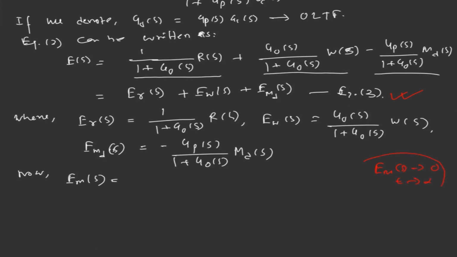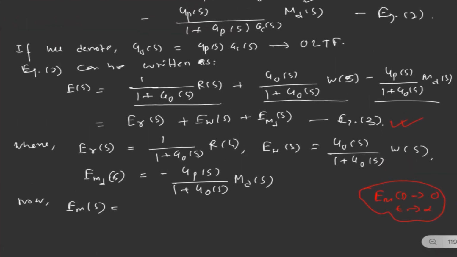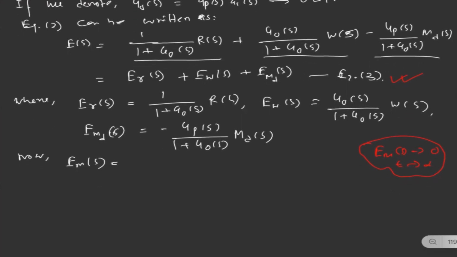Once we achieve this condition, our control system can track the reference signal in the presence of disturbance and noise in the system. So E(M)(S) we can write E(S) minus W(S). Or if you substitute E(S), what you have found here, if you substitute equation number 3 here,